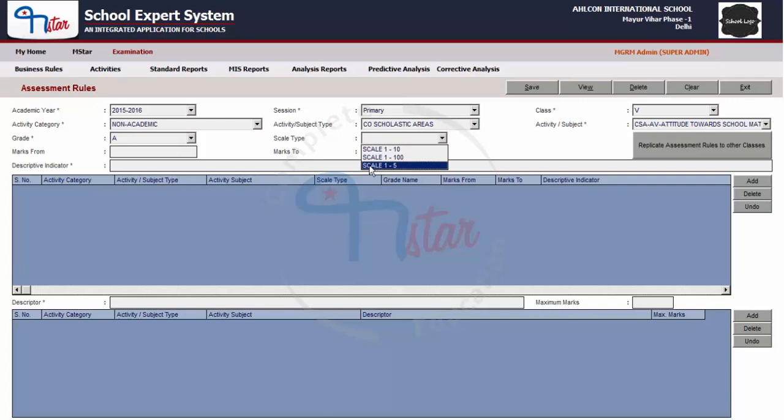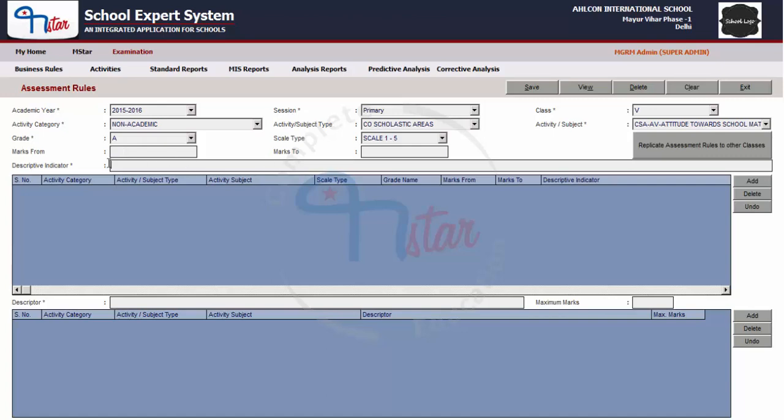So select the scale as 1 to 5. After this, enter marks from range, that is the starting marks of the marks range for which descriptive indicator is being defined. Entry of marks from is an optional field and therefore may not be selected or entered for saving the details in the screen.